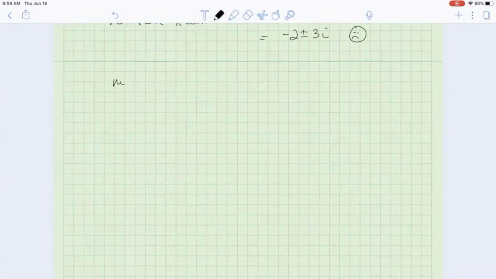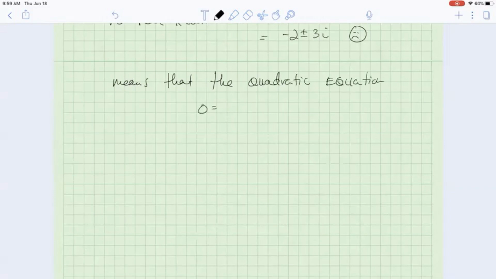This means that the quadratic equation 0 equal to x squared plus 4x plus 13 has answers